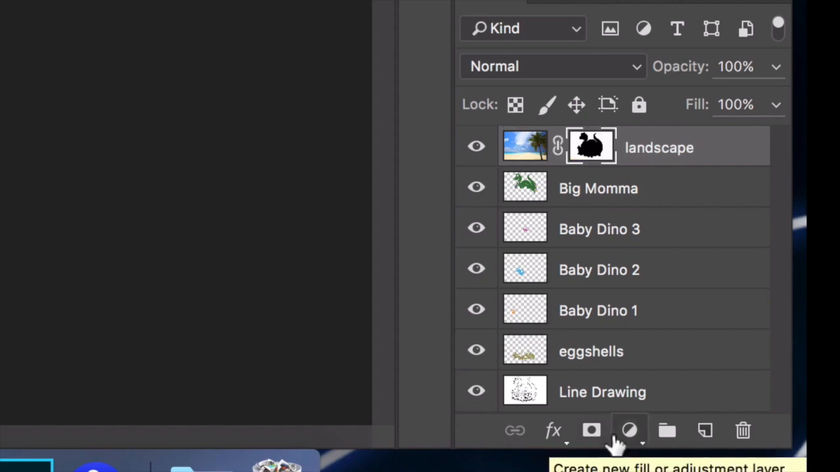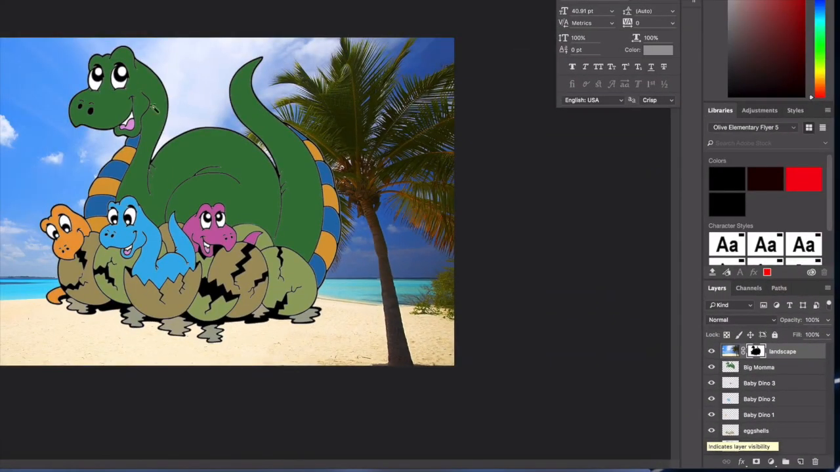Okay, so you'll see that when I clicked on that layer mask, my dinosaurs all of a sudden appeared. And if you look over here on the layer with the landscape, you'll notice it has another image with it, another icon, and that's the layer mask. And what a layer mask does, if you think of it as kind of a layer above that layer, it allows you to mask off areas that you don't want showing on that layer, while at the same time allowing